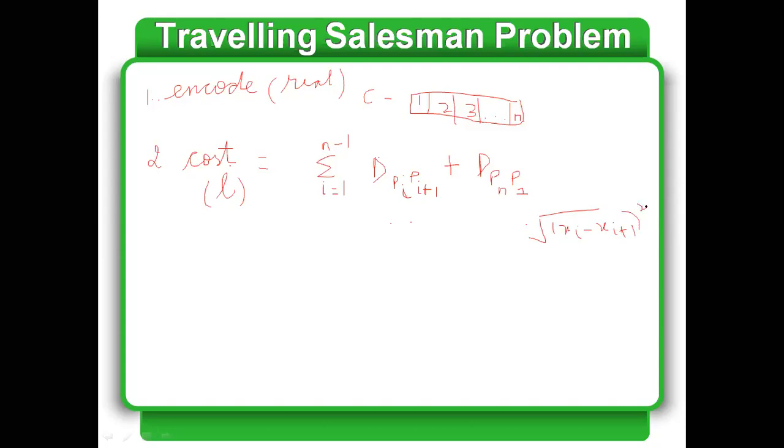So this whole is a square plus, and this whole is under root. Similarly, I have my y coordinates. So the direct distance measured in terms of vertical and horizontal steps only between any two points, or any two cities I can say, that is your Manhattan distance. So this whole is under root. So this is your Manhattan distance.